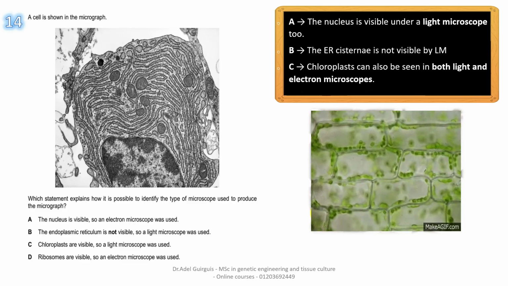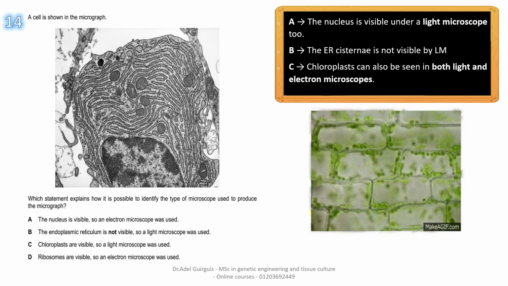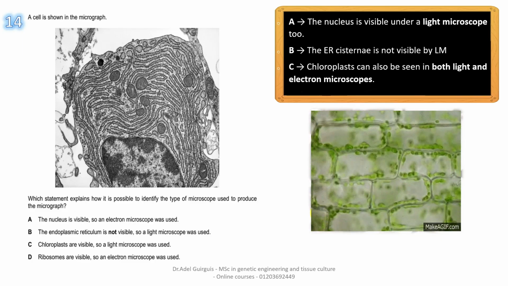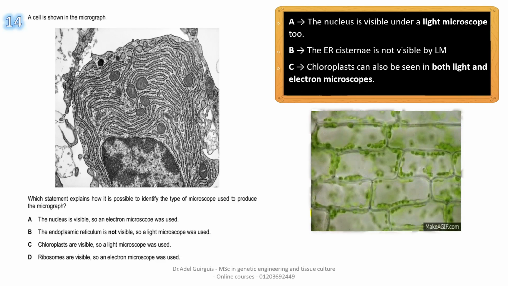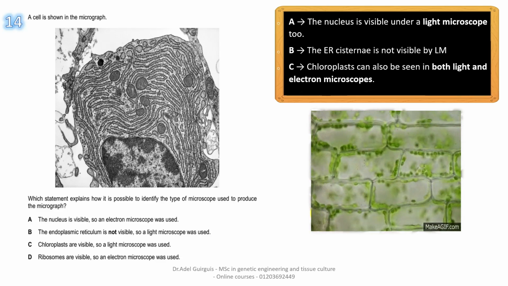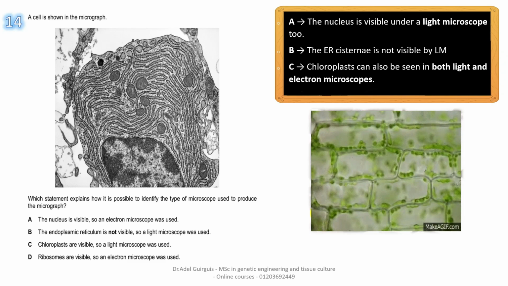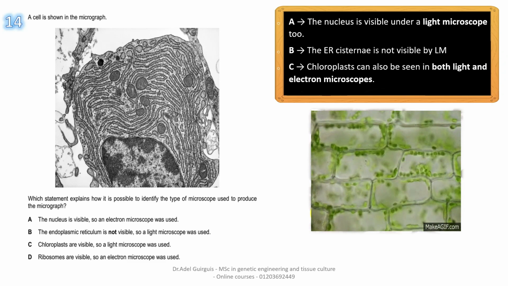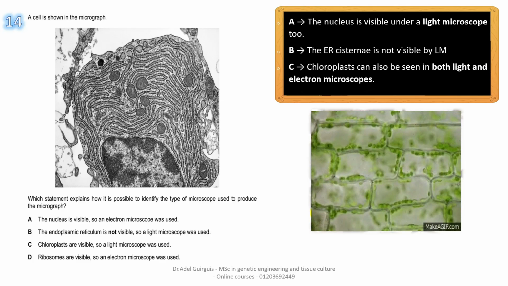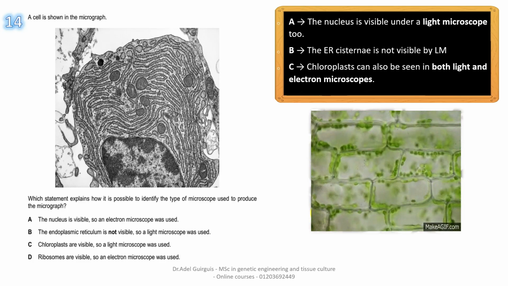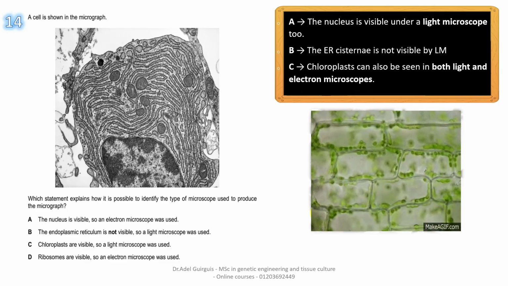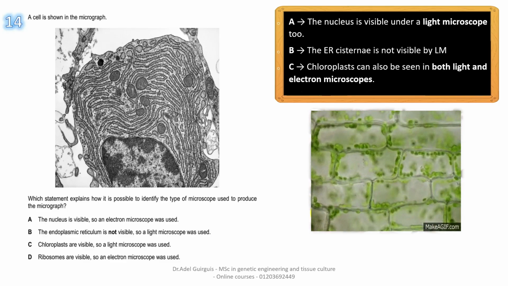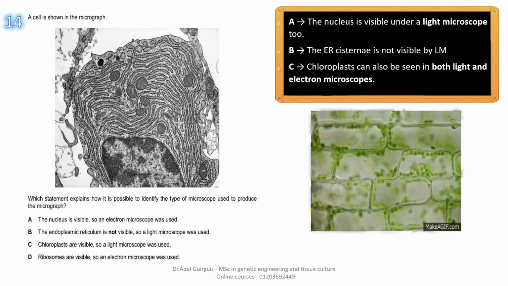As you know, one advantage of the light microscope is that it can visualize living specimens and make videos and animations. Here, living tissue is visualized by light microscope, with a lot of chloroplasts surrounding the vacuole at the center of each plant cell. Okay, so A, B,